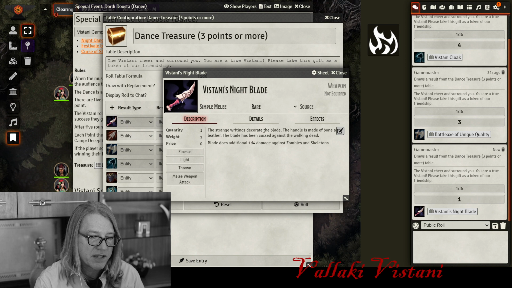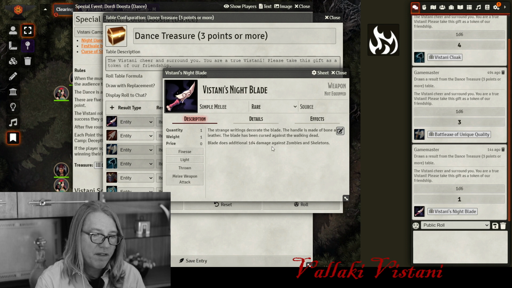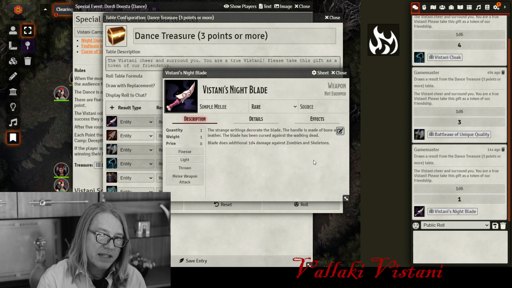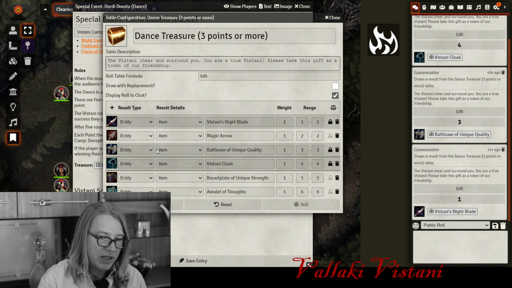It has strange writing decorated on the blade. The blade handle is made of bone and leather. The blade has been cursed against the walking dead. The blade does an additional 1d4 damage against zombies and skeletons. It's called the Vistani's Night Blade. So it's a regular dagger, but does an additional 1d4 damage against zombies and skeletons. Kind of cool. The next one here is the